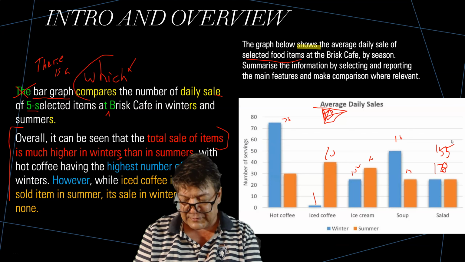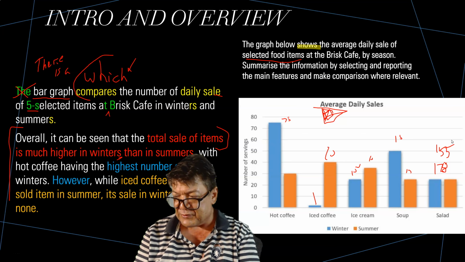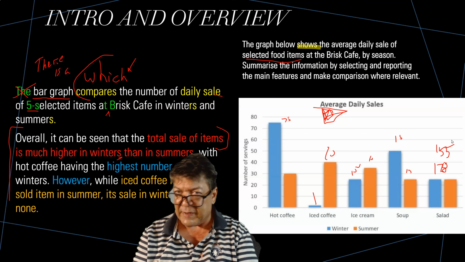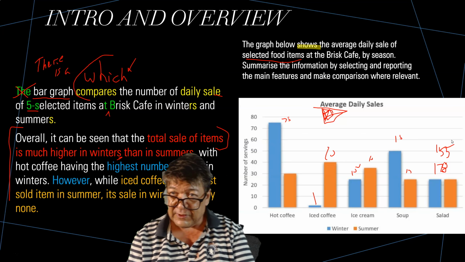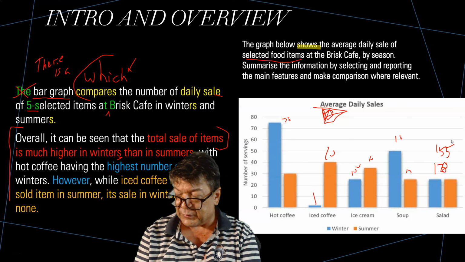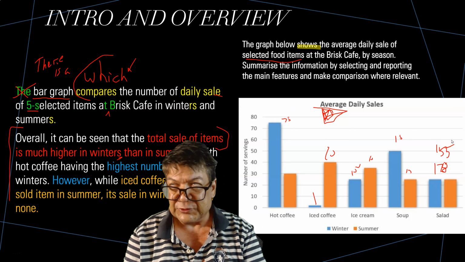Here's the thing with task 1: you want to try to divide your information into 2 logical groups. This will allow you to organize your paragraphs very well and give you a foundation from which to make comparisons. Now, the obvious way to summarize this is to do it by winter and summer, right? But there's other ways. There's coffee drinks versus food. Ice cream, soup, and salad are food. There's cold items, iced coffee, ice cream, versus, and maybe perhaps salad. Salad is cool, right? Versus heated items like soup and hot coffee. We will assume that they're not serving gazpacho, which is a cold soup. Anyway, and